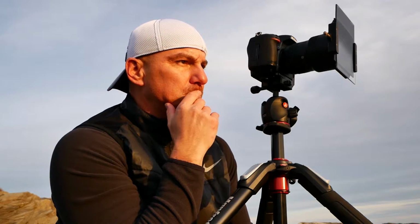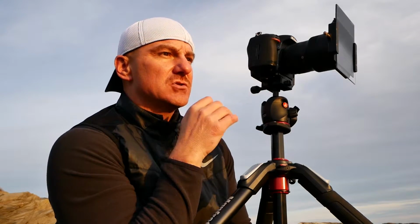Okay, so I think what I've done, I went ahead and looked at a few different shots with the big stopper, and that was giving me about a 15 to 20 second exposure time, and it was completely just flattening everything out. So I switched over to the little stopper because I wanted to keep myself around a 1 to 3 second shutter speed to try to give some more life and movement to this water,